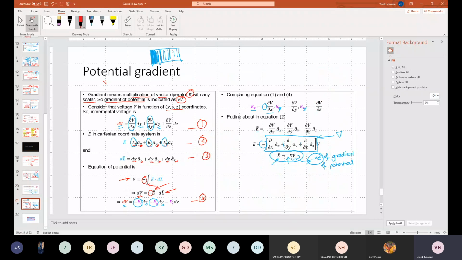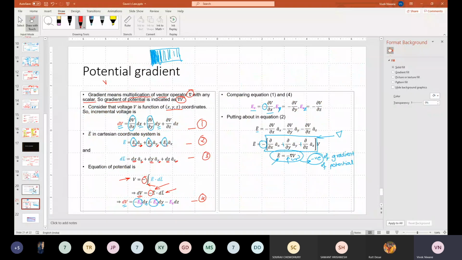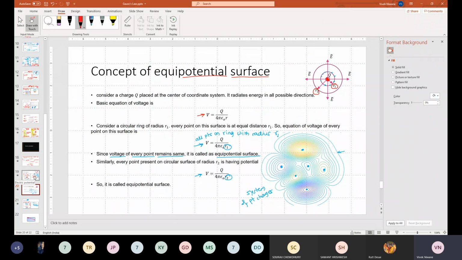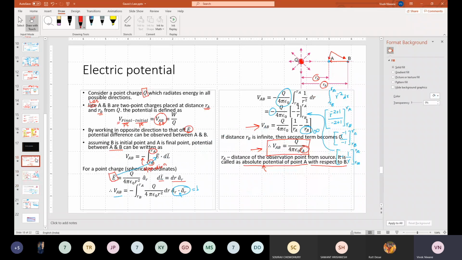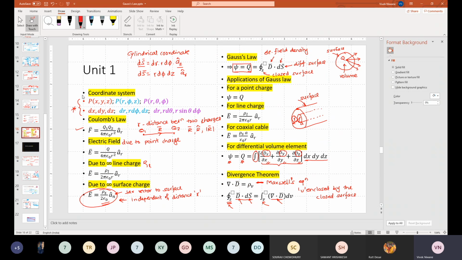But do remember that now I am going to float an assignment and you have to submit this much part, up to the divergence theorem. And if you are submitting today's part as well, that is the potential gradient, the concept of electric potential surfaces, and electric potential and work done, that's fine with me. That is a good part, I will say. So make sure that you are uploading at least this part, and that's all for today's session.